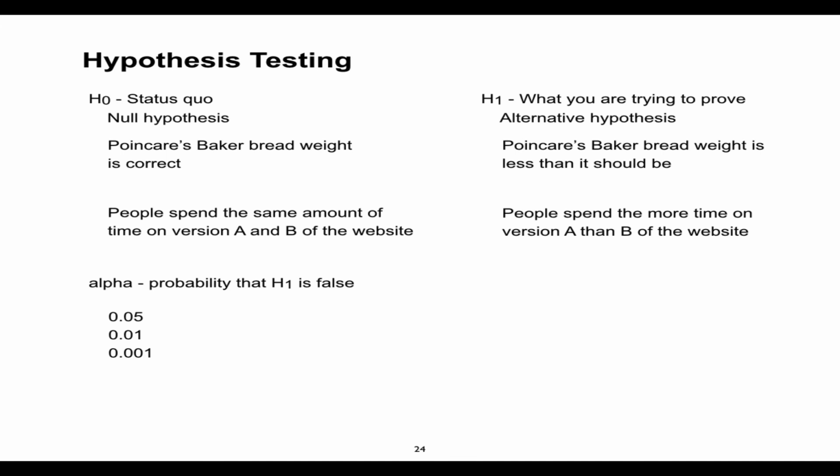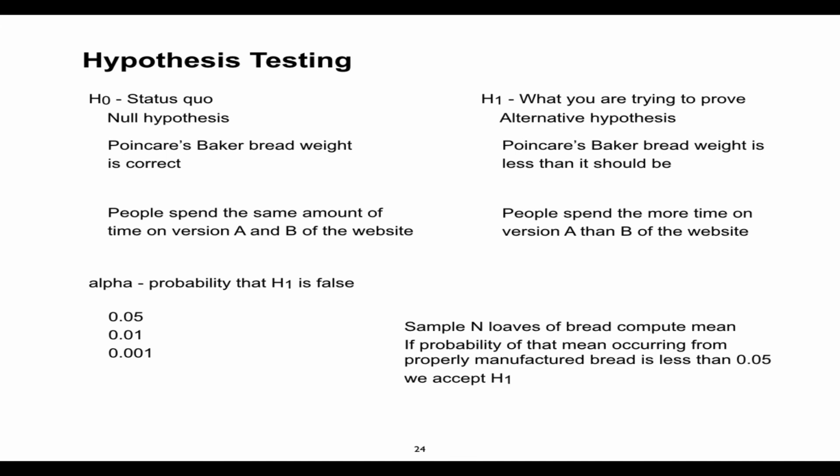So the standard measurements are p equals 0.05, which doesn't seem all that great when you consider that means like 5% of the time you're wrong. And then 1% of the time, or